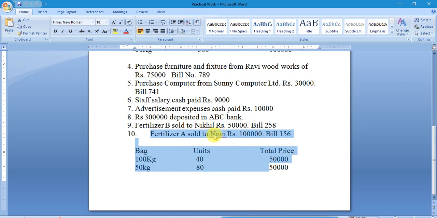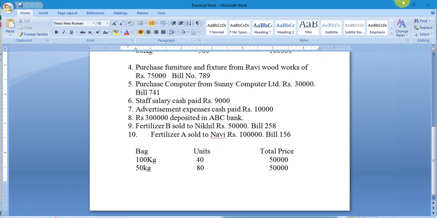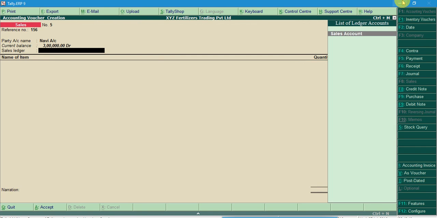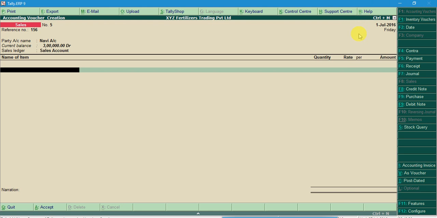As you can see, Navi account. This is the delivery note where you fill the dispatch details, order details, etc. The sales ledger is the sales account that we just selected.